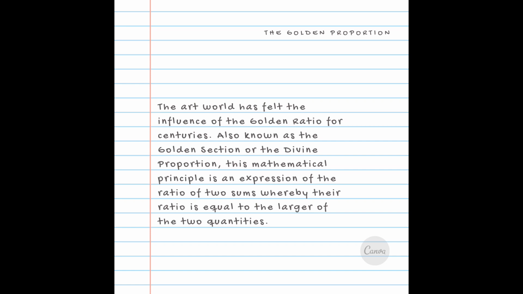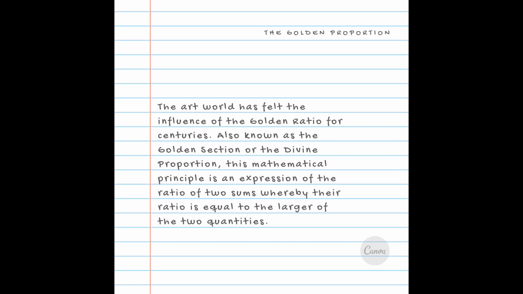The golden proportion. The art world has felt the influence of the golden ratio for centuries, also known as the golden resection or the divine proportion. This mathematical principle is an expression of the ratio of two sums whereby the ratio is equal to the larger